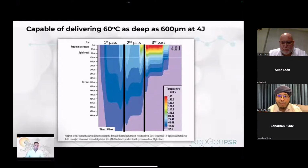This is a powerful piece of kit, and appropriate training is required, and you'll get amazing training when you get your machine, or even when you do your demos. You'll see the power of the machine, and I'll show you a wee bit later on what I mean. But it shouldn't be underestimated, but this safety feature that's inbuilt into it is fantastic,